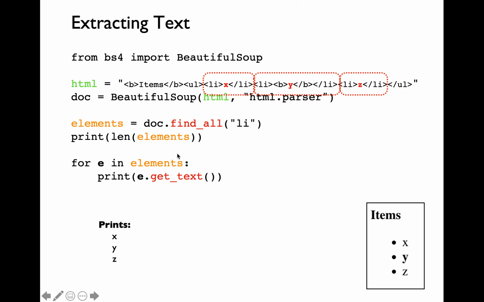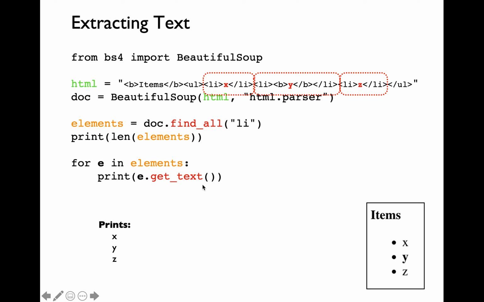First thing which you can do is to extract the text. In this particular example, the text is going to be X, Y, and Z. You're going to extract the text using the get_text function. You want to extract the text within every element, so you're going to use the e variable, which is the for loop variable here. You're going to specify e.get_text(). And this particular code snippet will display X, Y, and Z over here. Notice that you are just getting Y without any of the bolded format, even though you have the bold child element within this second li element over here.